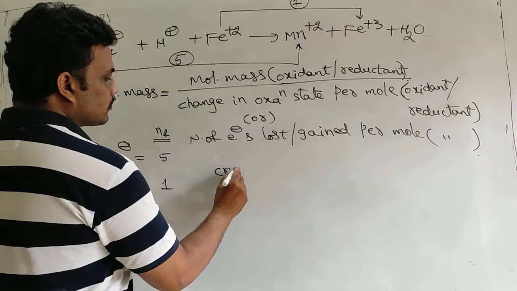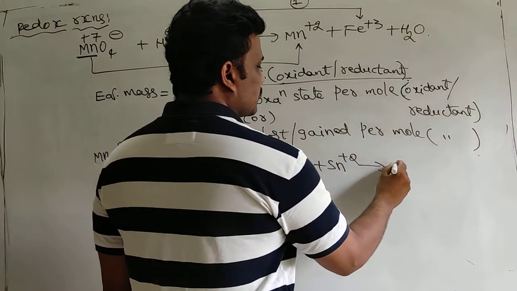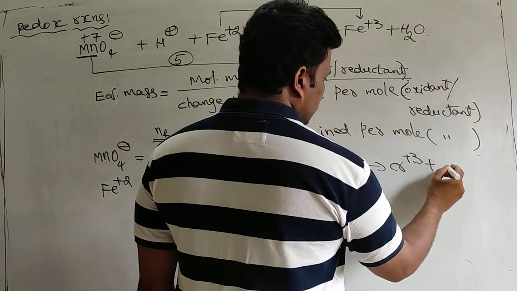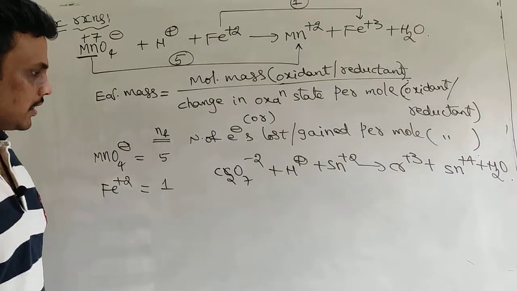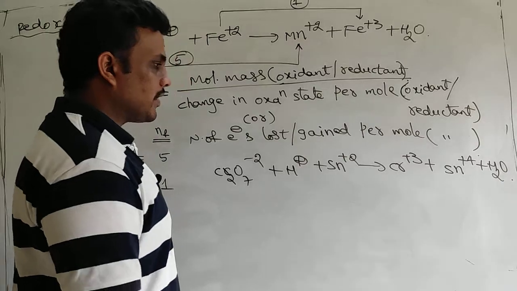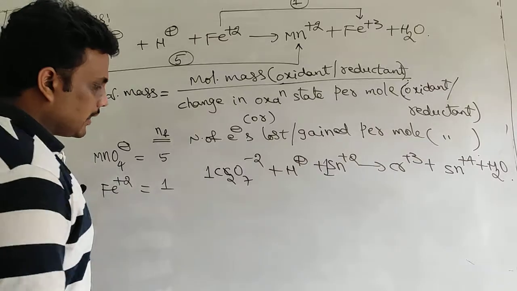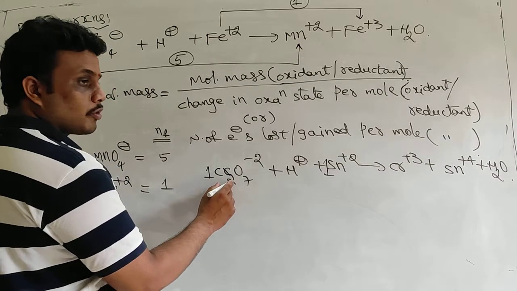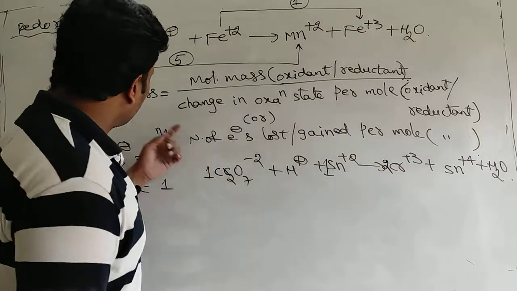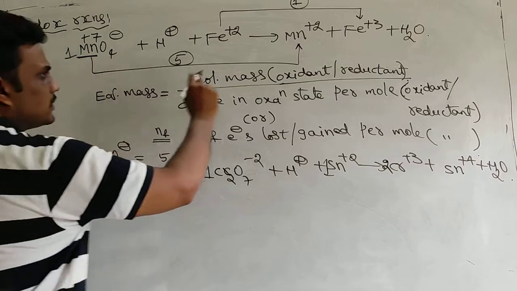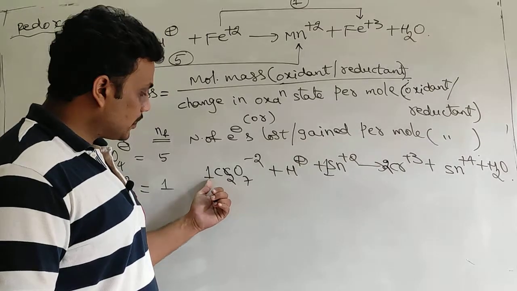Suppose you are given a reaction like this. Dichromate reacts with stannous and it gives green color Cr +3 and stannic. You are given like this. Then, as I already told you, to calculate N factor you have to take 1 mole of oxidizing agent or reducing agent. In 1 mole, how many chromiums are there? 1 into 2, 2 chromiums are there. Right side also you take 2 chromiums. No problem. In 1 mole of permanganate only 1 manganese is there, so right side also 1 manganese. There was no problem. But here in 1 mole 2 chromiums are there.